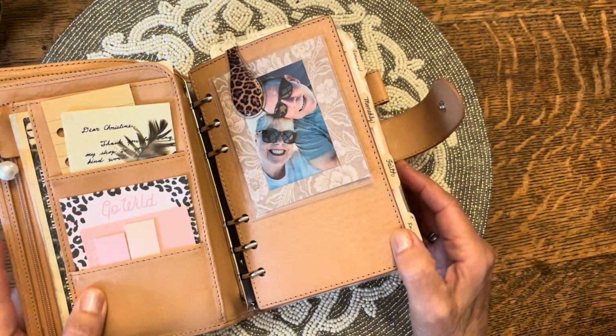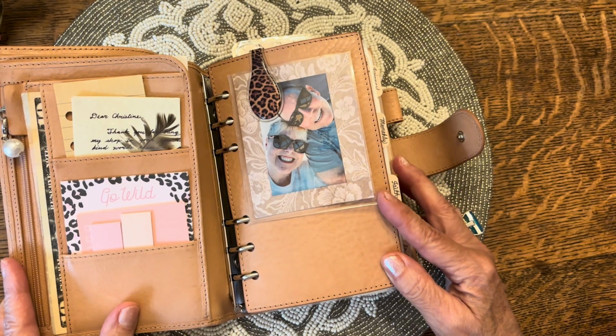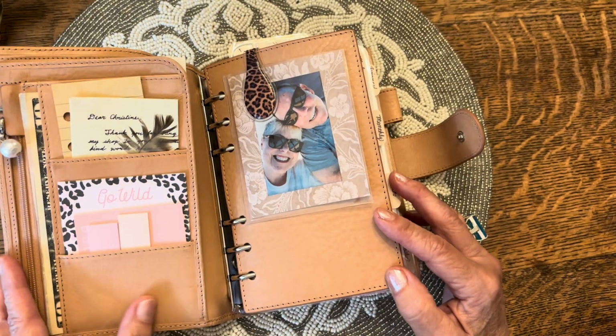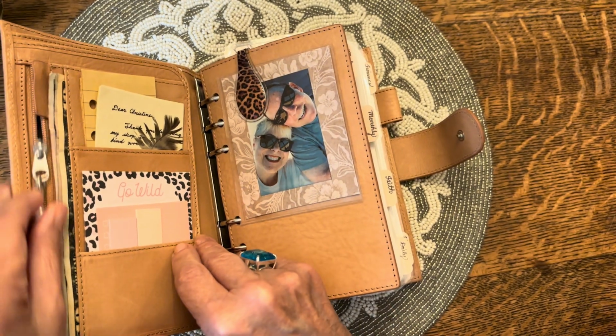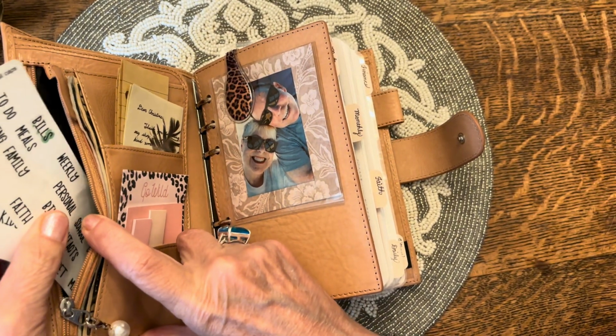Like I said, I've never had a neutral theme before, so I'm really liking it. It still has some color, but it's definitely all neutral. In the front here, I just have some Post-its that I use a lot. In here, I've got some cash. In the side, I have some Erica Crafts